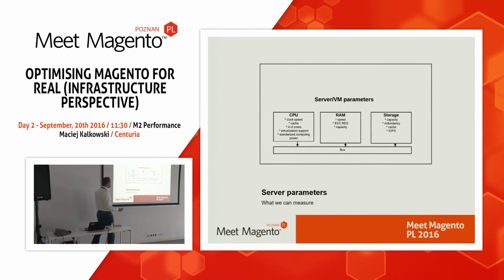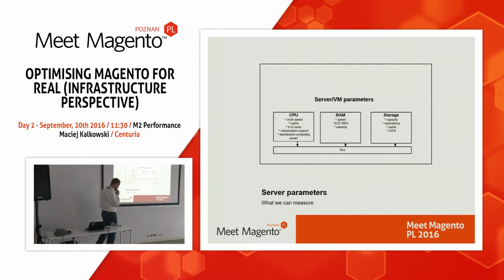And of course what we usually do, well, we can see what the parameters of a standard server are. I removed some I/O input-output devices like the display, the keyboard, mouse. We have our network internet card. So we're going to focus only on these three things. We have CPU, we have RAM, and we have storage.